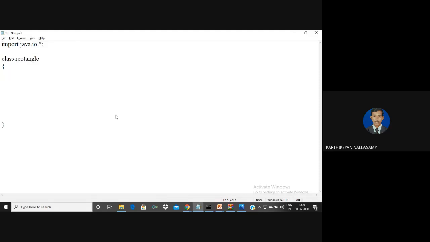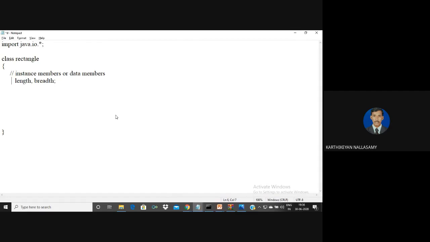So for implementation of rectangle, first of all, we must understand what instance members we need to define, or otherwise we call them data members. Here I need two pieces of information for representing the values: one is length, another one is breadth.